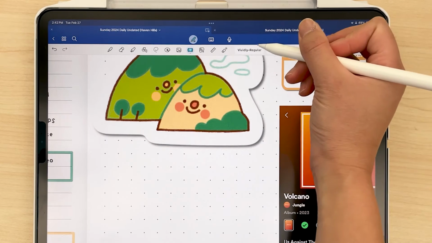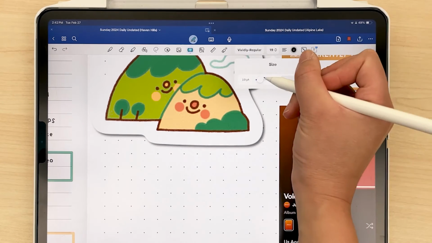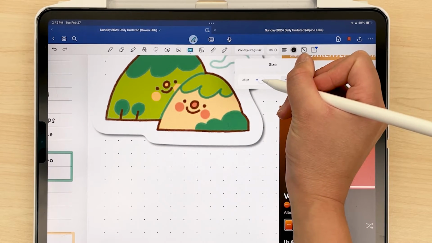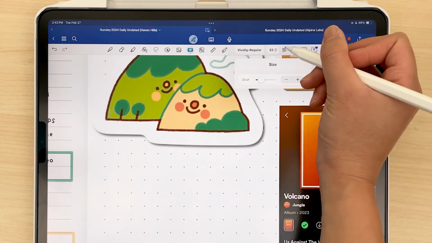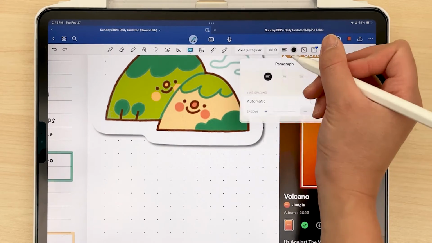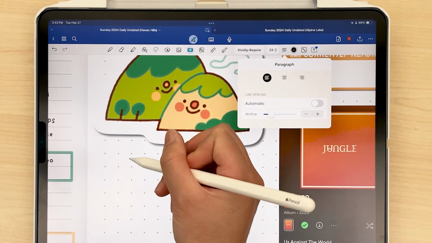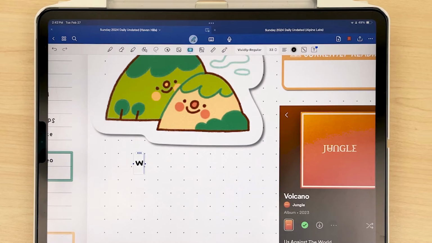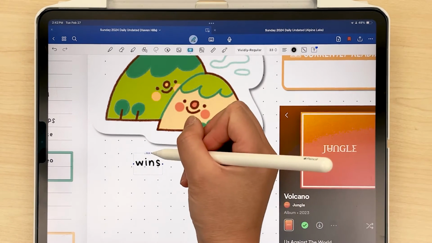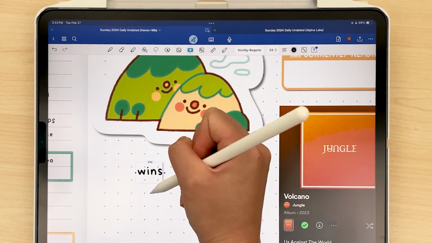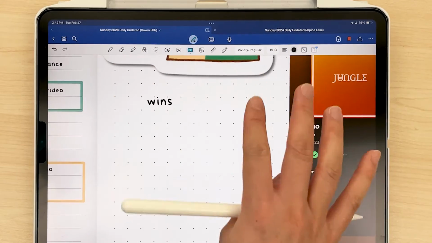We're going to go into the text tool. The font now is going to still be Vividly. I'm going to change it to 33 point. And then you just have to change the line spacing to at least 33 so that it doesn't get cut off. And I'll show you. It's gonna be kind of rough